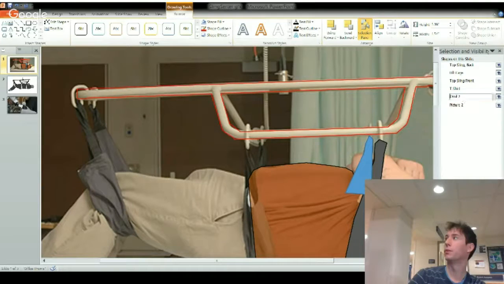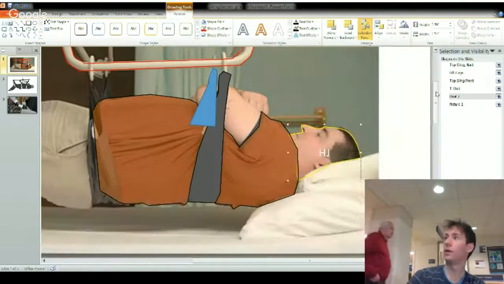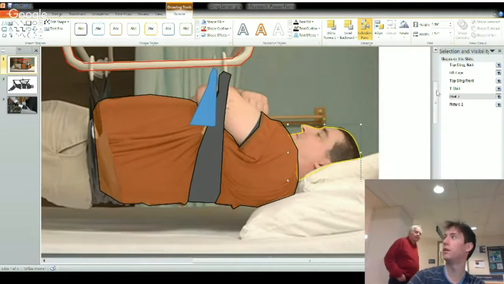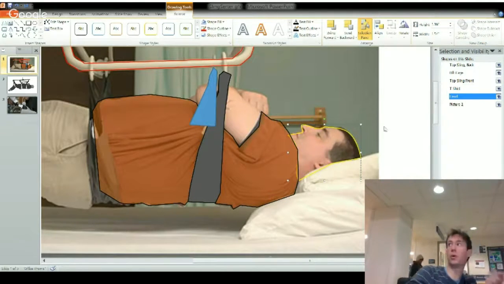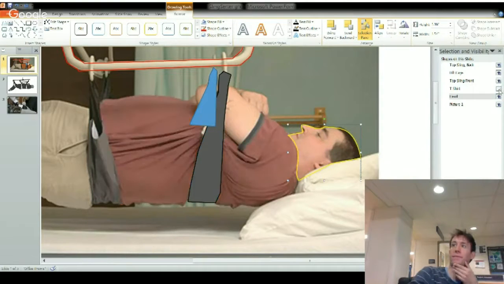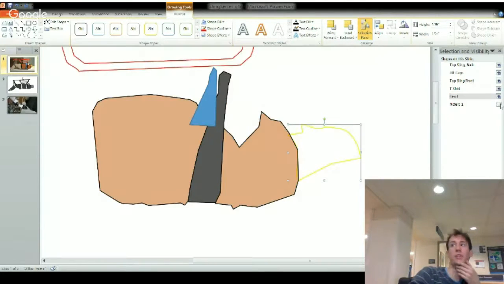And I guess this one was okay. Oh, no, and right on it. Head. So it's something that you don't want to see anymore. You can click on the eyeball and it goes away. So if you want to see how you're doing, you can move the picture and oh, that kind of looks